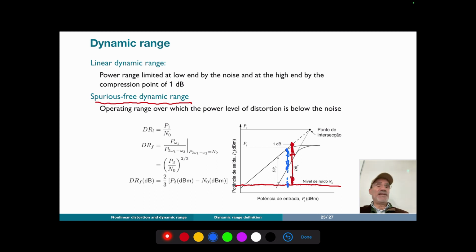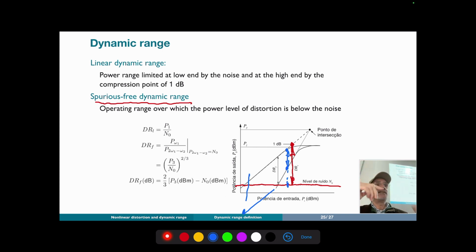The spurious-free dynamic range is the range where the noise is identical to the distortion. It's the limit. So if we start with a very low noise power here, we see that the intermodulation power will be very low, much lower than the noise, right? If we start to increase the input power, the distortion level starts to increase. Okay? The noise is always the same. And when the distortion power becomes equal to the noise level,